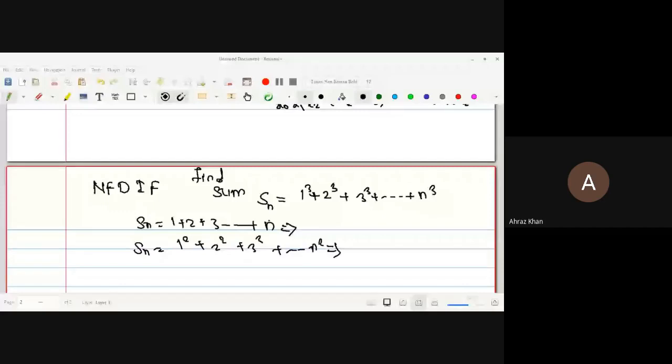X values are 1, 2, 3 up to n. We have given a formula for Sn now. So how to find out delta Sn? First we'll find out delta Sn, then delta square Sn, and then after finding all these, we find delta S1, delta S2, delta S3. In this way we have to find. Simply I have given you a hint and you have to tell me now how it will work, delta S1 or delta square S1 and so on. कसं काढायचं हे तुम्ही सांगायचं.